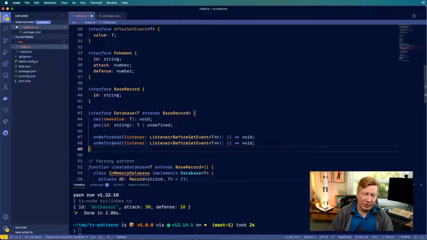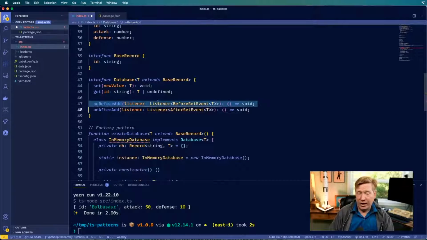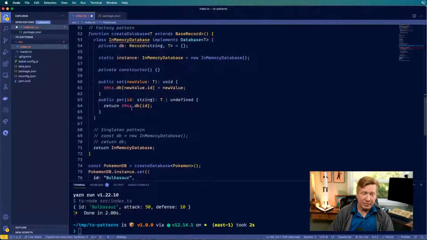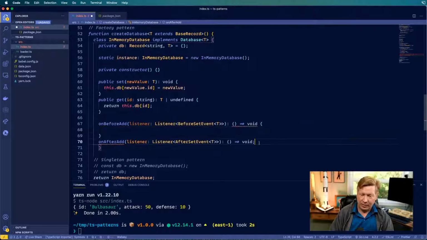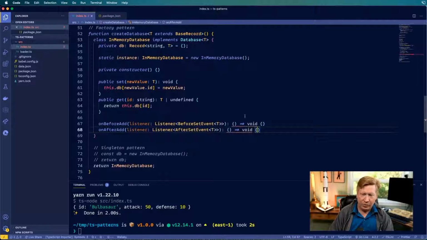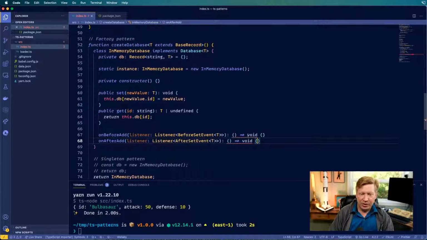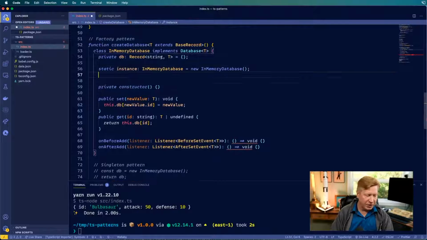And then on the after add, do the same thing. We're going to do it for after set event. Now, of course, we don't actually have this in our in-memory database, so let's go and do that. All right, so we'll go down here and start implementing this out. All right, cool. But it's not actually returning anything, so let's actually go and use our really nifty, cool create